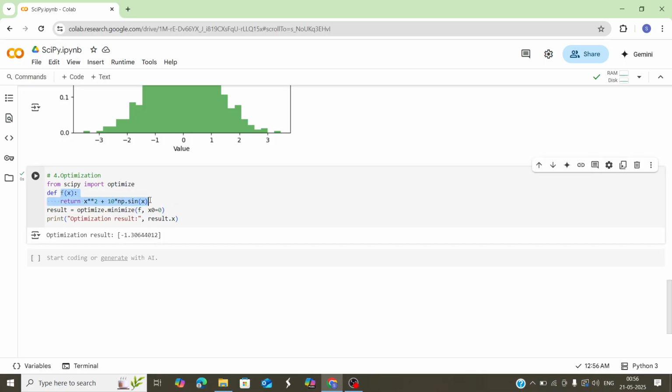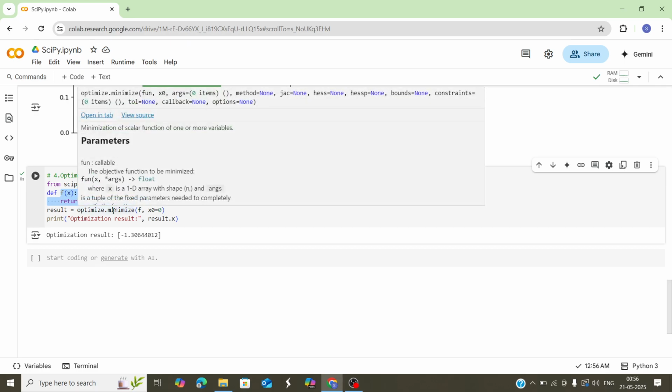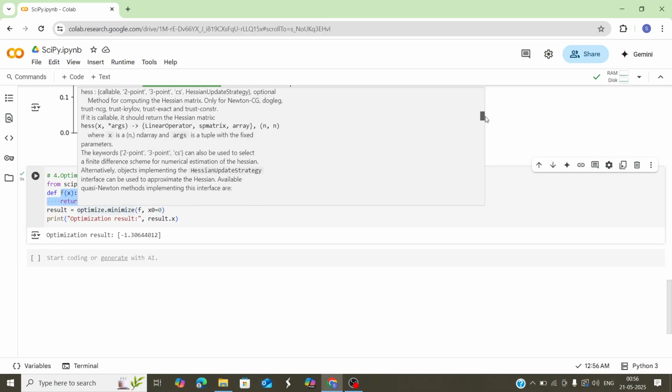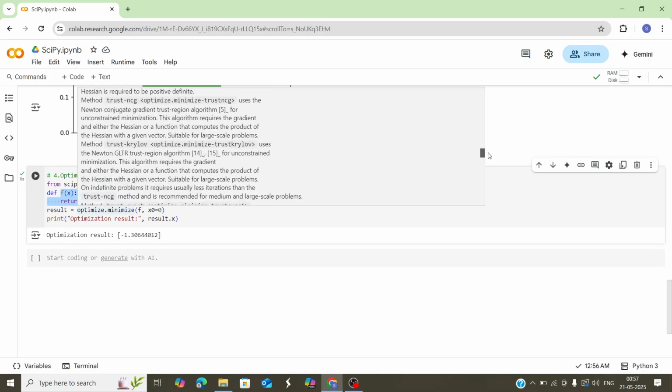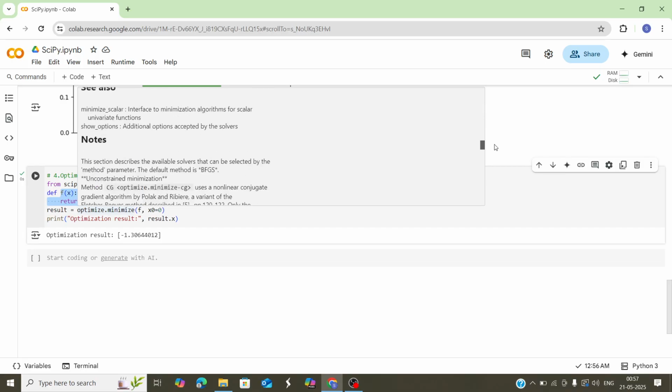We have used the minimize function over here to minimize a scalar function of one or more variables, right? If you want to know more about how this minimization happened, there are some good examples for you to understand over here in Colab as well, which you can take a look at.